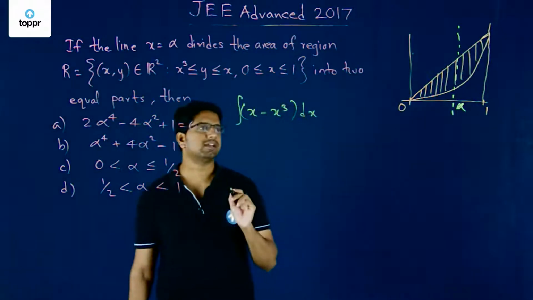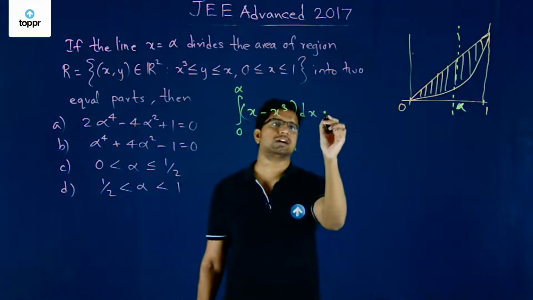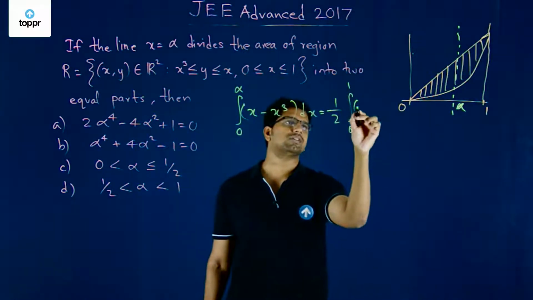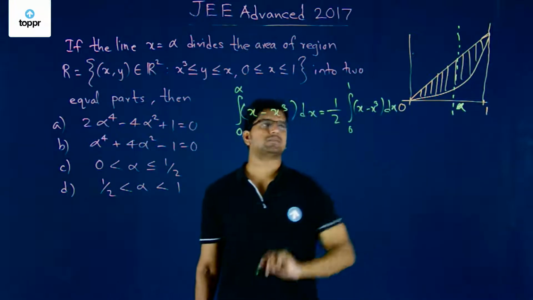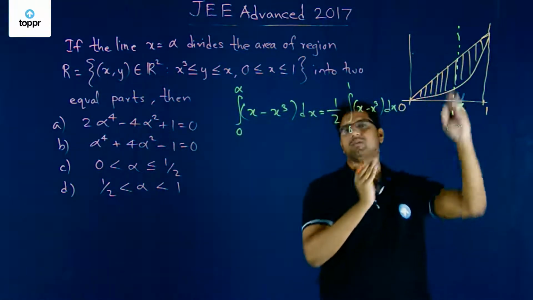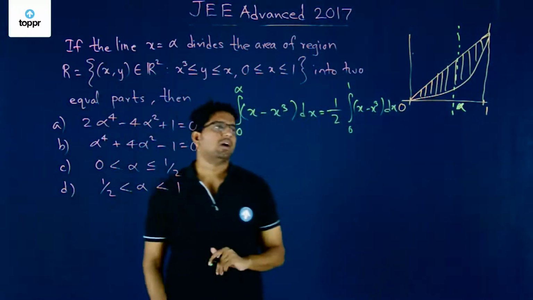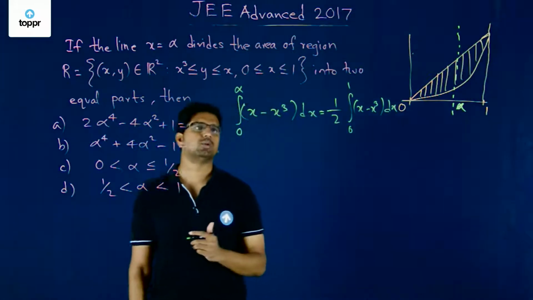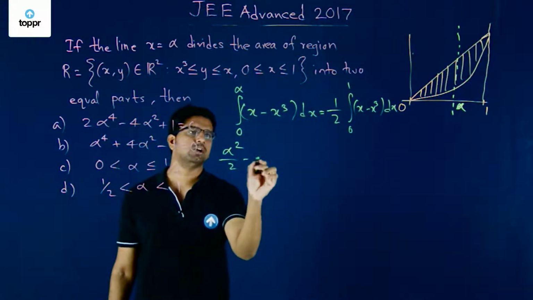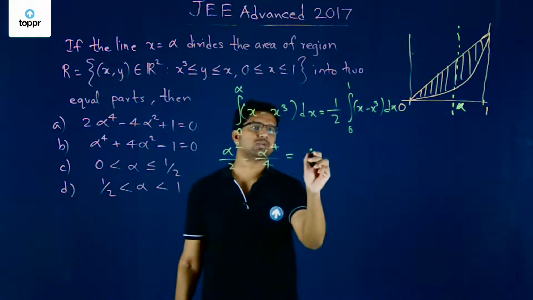Now what can one write? One can write that if you take the area from 0 to alpha of this curve, then it will be equal to half of the area which is bounded from 0 to 1 of the same curve, x minus x cube times dx. We have just made use of the fact that this line is dividing it into two equal parts. So this area is half of this entire area. That's all. Now it's a simple thing. We obtain alpha square by 2 minus alpha power 4 upon 4 is equal to 1 by 2 times